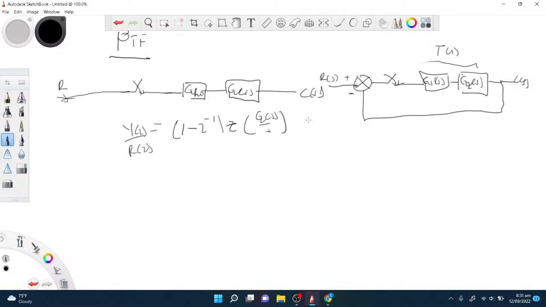So you know that this product will occur before they are sampled because there's no sampler between the two blocks. You have G1, G2 before they are sampled. The denominator will be 1 plus, then you go this way. Realize that there's no sampler in the feedback part too. So we have G1, G2 star of S. So that's it for something like this. However, if you have a sampler between them,